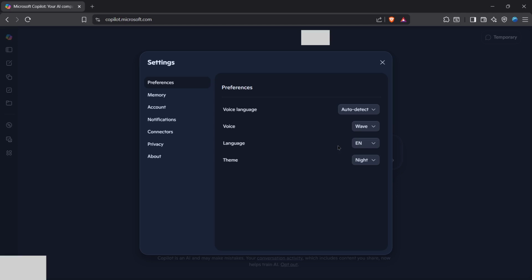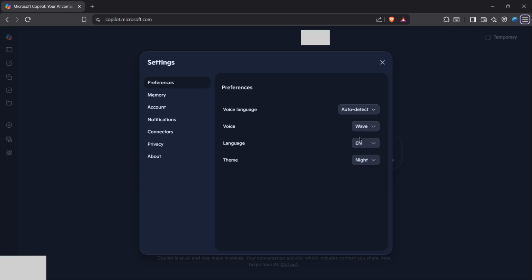One thing worth knowing, if you're signed in with a Microsoft account, your voice preference syncs across all your devices, so if you change it on the web, it'll automatically carry over to the desktop app or mobile app when you use those. The 4 voices all have distinct personalities. Testing each one in a real conversation will help you find what you prefer, since the dropdown doesn't have preview